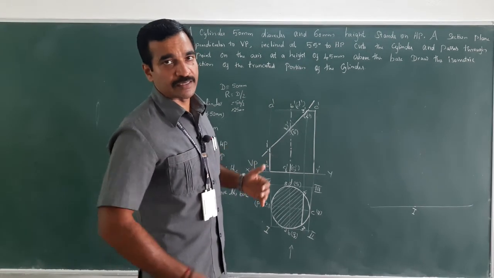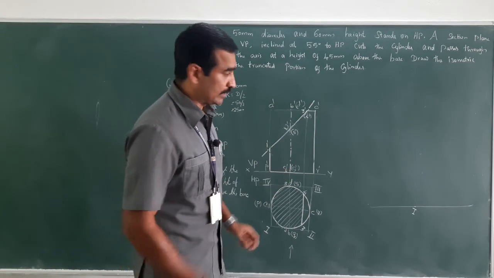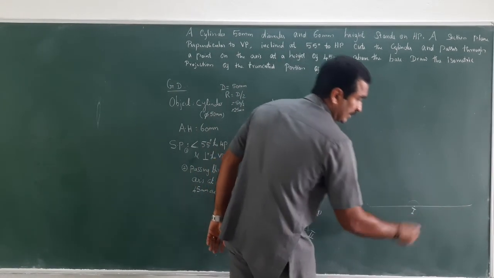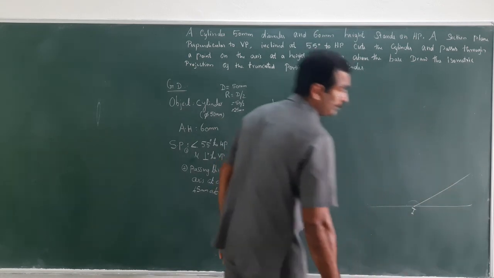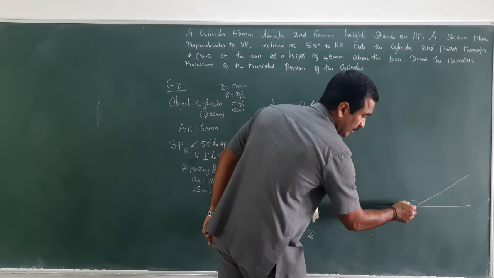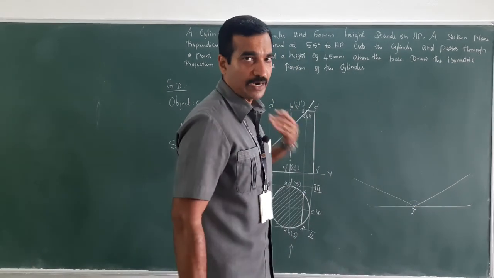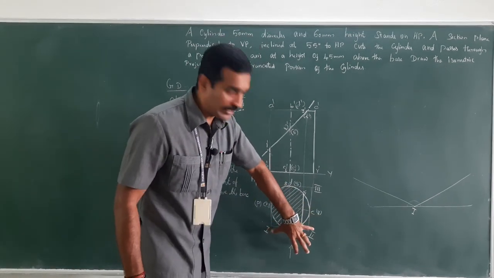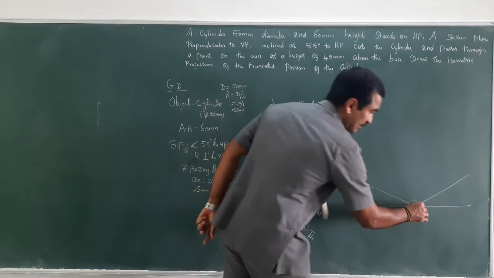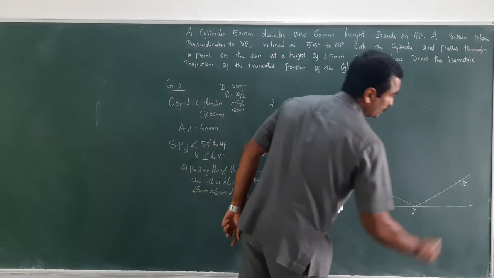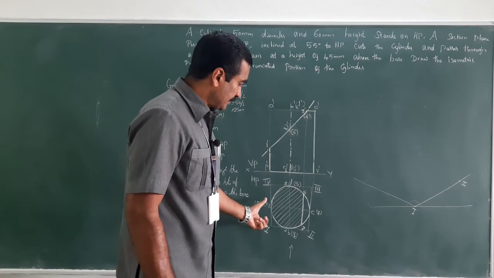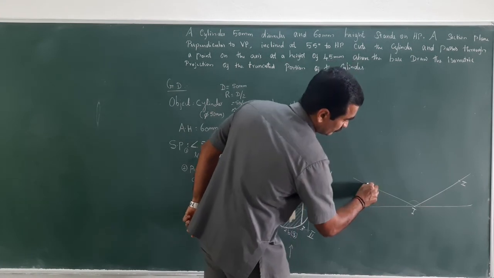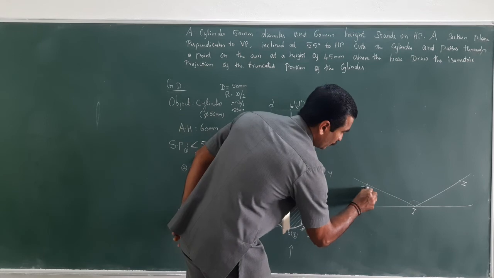As far as isometric projection is concerned, we will have to draw a 30 degree inclination. So keep your protractor in this manner, and from the horizontal take 30 degrees and draw a line. Similarly, on the left hand side, take 30 degrees and draw a line. These are unconditional lines, that means of any length. Now measure the distance between 1 and 2 in your compass. Keeping the compass at 1, cut an arc. This is 2. Now take the distance between 1 and 4 in your compass, keeping at 1, cut an arc. So this is 4.